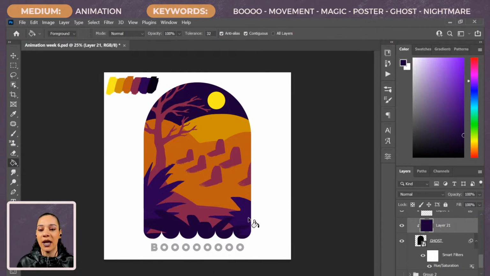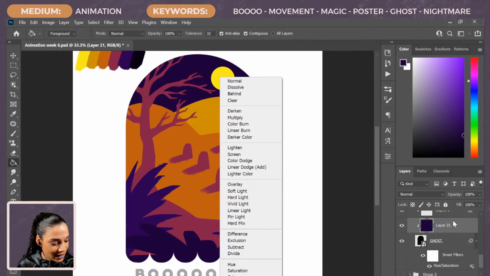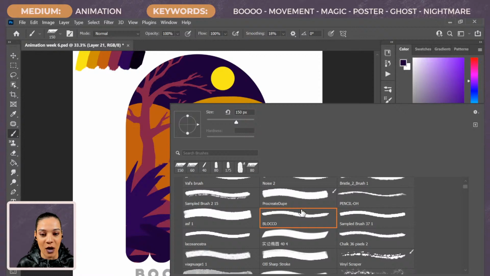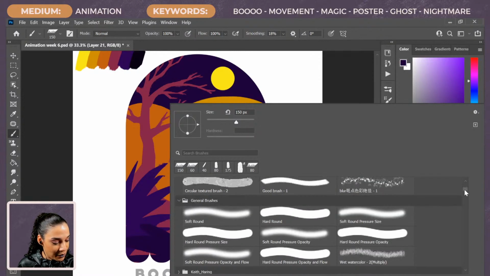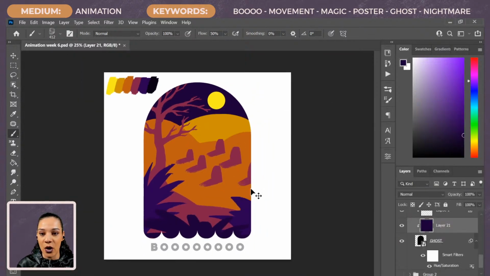Okay, so we've got some colors in here, and now I'm gonna take a brush and add a little more detail, because right now it's kind of flat. It's not really all that great. The colors are interesting, but we could definitely use some love on these layers. So this is what I'm gonna do.